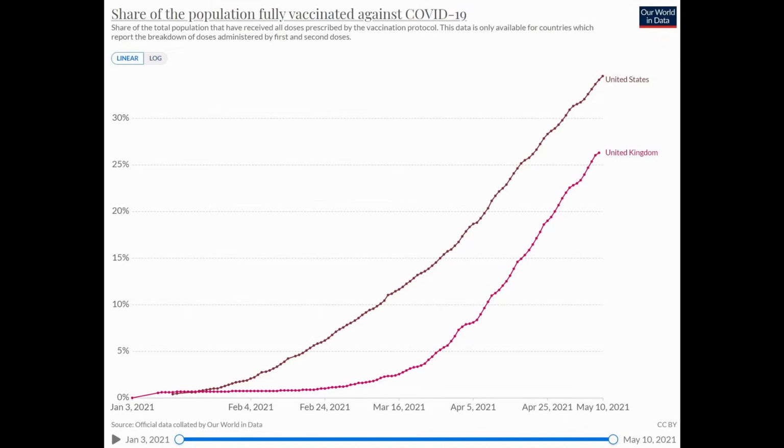At the moment, the US is 34% fully vaccinated, the UK is 26.5% fully vaccinated. So that's going to mean a lot of people are not going to be able to travel. If it's fully vaccinated plus COVID tests, and maybe it'll only be COVID tests for those people who aren't fully vaccinated, and that would make sense to me, then it's going to be,